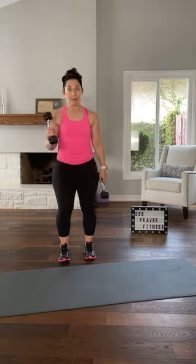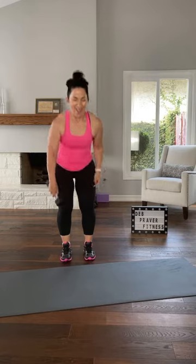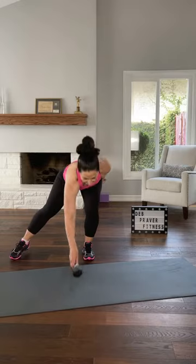Alrighty, one dumbbell down, out of your way. I gotta remember, we do this booty on that exercise. Dumbbell in your left hand. Now we've done this next move before, but not with a dumbbell. So you have an option. If you don't want to use the dumbbell, you don't have to. Here we go, squat, hold, right leg or left leg goes out, set your dumbbell down, come up, change sides,